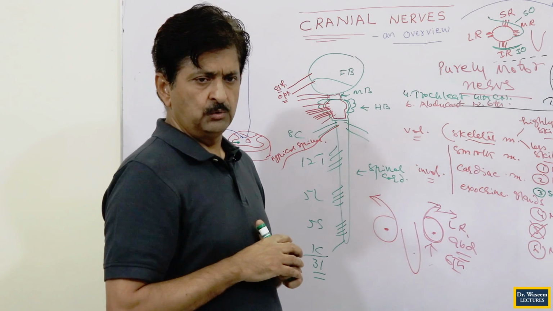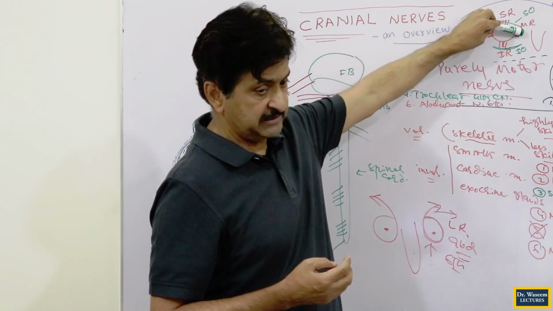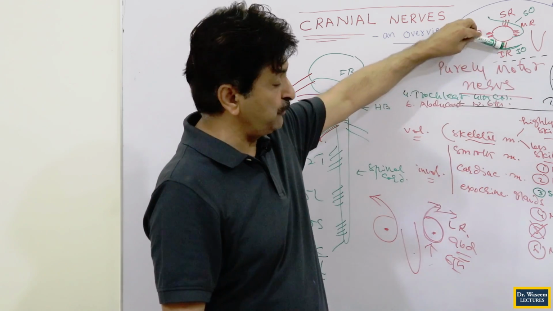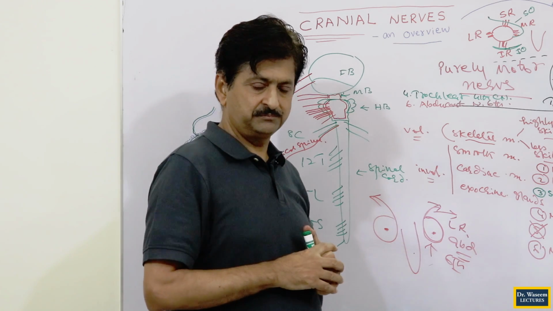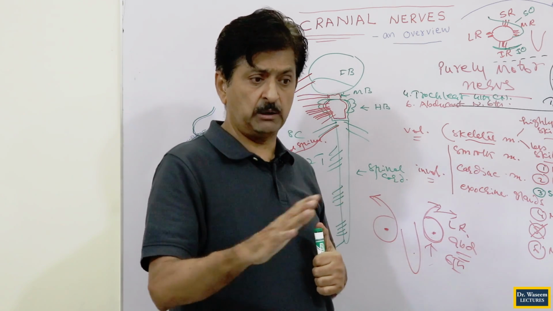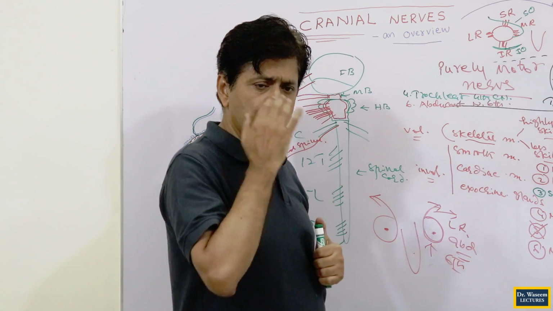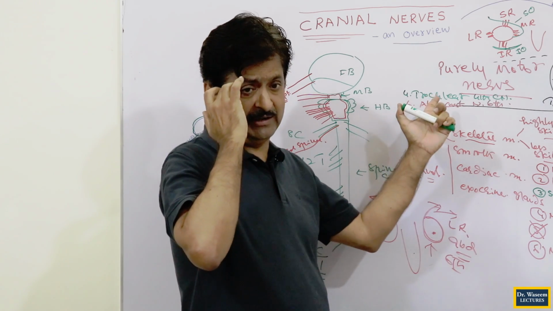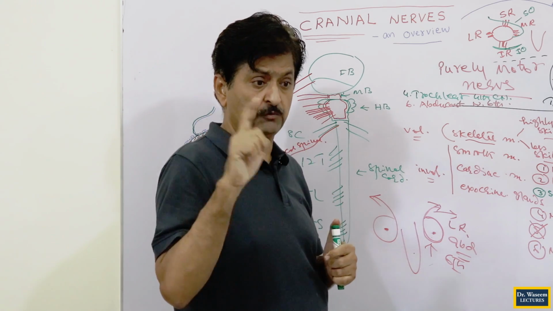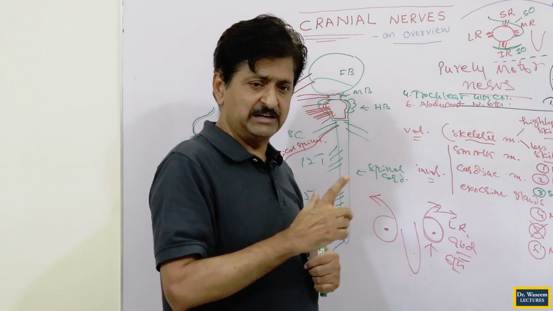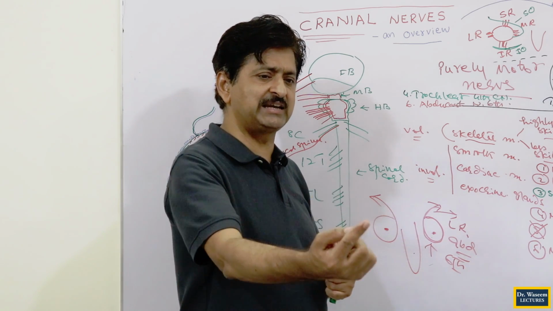So what remains now? The recti are still remaining: superior rectus, inferior rectus, medial rectus. 1 oblique is still remaining, inferior oblique, and obviously levator palpebrae superioris is also remaining. All these muscles, the remaining recti, the remaining oblique, obviously 1 only, and whatever we haven't counted until now, that is the levator palpebrae superioris, with almost 90% voluntary portion, not the smooth muscle, the voluntary portion. All of them will be supplied by the next single cranial nerve.